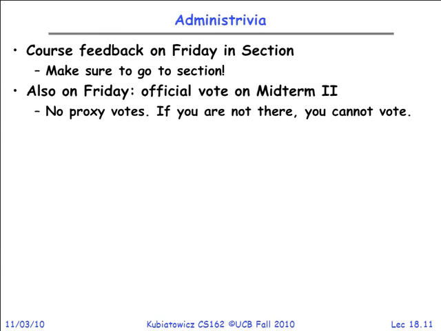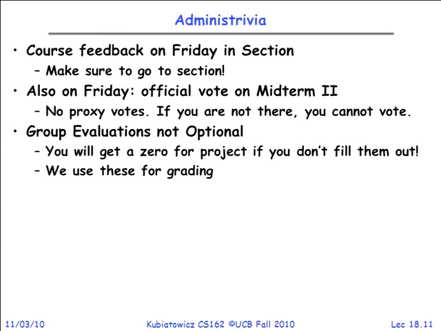Okay. Don't forget group evaluations, very, very, very important. And make sure you participate in your groups, because if you don't participate, it's potentially a zero-sum game. And if you're having trouble with your groups, or your group is having trouble with you, or some combination of the two, make sure to come talk to TAs or myself. Let's try to resolve it. We've got 2 projects still, so there's still hope. Okay? Hope for